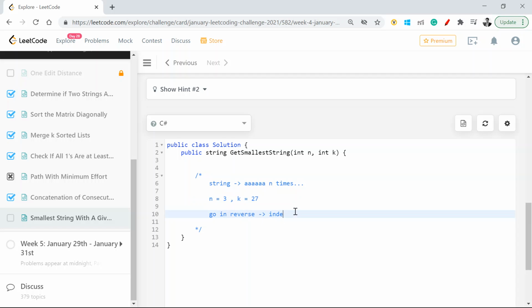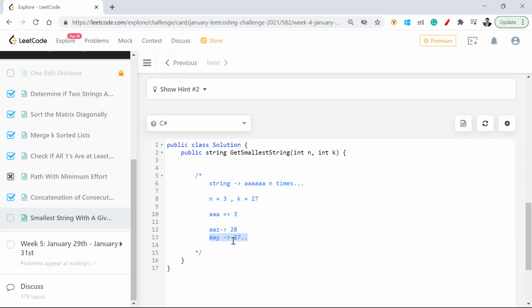As I said, first we'll formulate a string which contains a's, the number of which will equal 3. So that would be aaa. Now this value is equal to 3 if I sum that up, but what I need is 27. So I'll pick my last index. If my aaz, or whatever my last index is, if I sum that up, what will that be? That will be 28. But what I want is 27. So I'll do a negation of that and see if my a is equal to 27. Yes it is. Then this is my output.